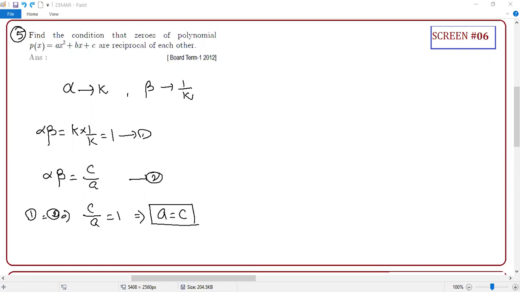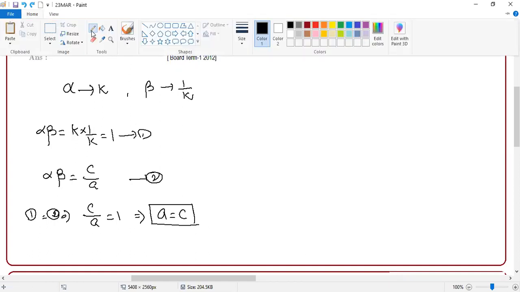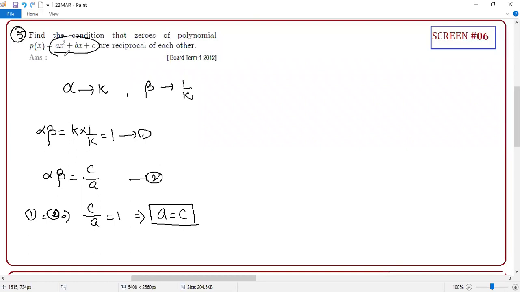Sir, but we should rewrite this with the same variable of x square coefficient and c, sir. We don't want to write because they themselves are telling ax square plus b. If they didn't say it, and simply asked what's the condition for a quadratic polynomial in order for the zeros to be reciprocal to each other, then you have to put a, because you are going to assume ax square plus bx plus c, correct or not? There you have to write. Here you do not write.